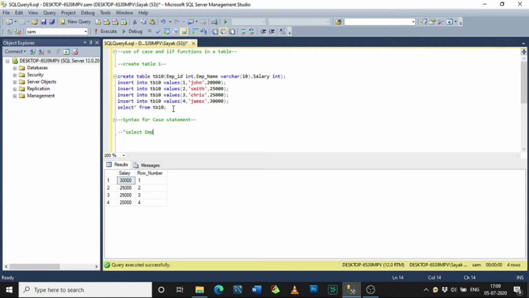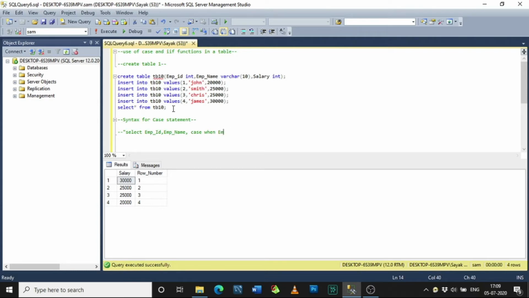So the syntax for the case statement is: select employee ID, employee name from the table name, case when employee ID equal to 1, then male, else female. This means that only for employee ID 1, the gender is considered male.